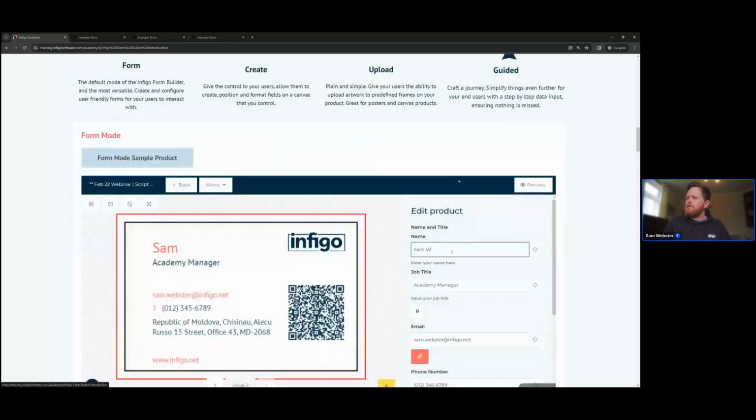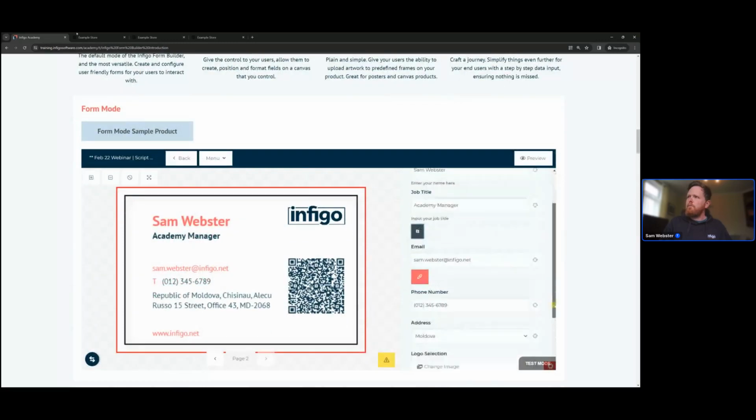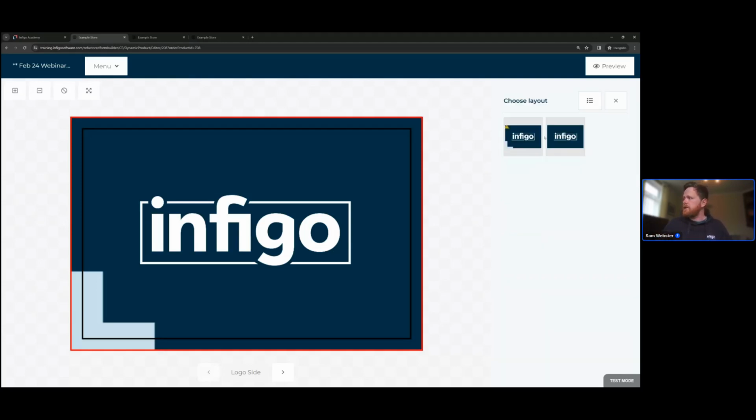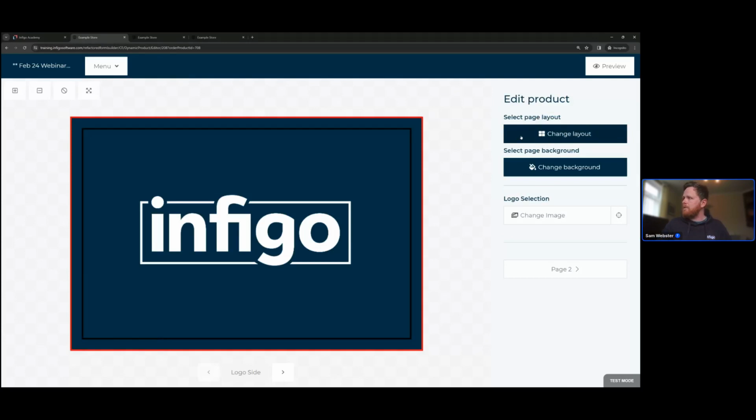So to look at a few of those, we'll start off with form modes, and I've got a few other tabs open here just to demonstrate those. I've opened these products as a customer would see them. So this is the end user experience, no admin capabilities in this particular configuration. So what you can see in the form mode over on the right-hand side, we can very easily configure this form, which allows us to change various elements of our Mega Edit product. This is ranging from things like the layouts and the backgrounds,